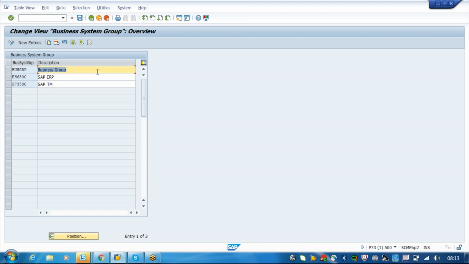So what will happen if there are two partners created? For example, the GTS is useful for declarations and the R3 is useful as a feeder system. In the TM, when you are declaring something to the GTS from the TM system, the same 1000 that was sent from the R3 will be a different business partner in the GTS. So it will be a problem. It should be in sync in all the systems.